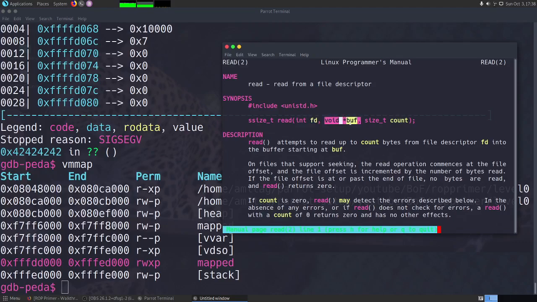The second is the void pointer buffer. This is basically the memory address at which you want to write whatever you have written. This is the place where it will be stored for the program to read it later, and the size of the input that you want to read. Now this is the maximum size that you want to read, and it can be lesser than this. So we don't have to really worry about the exact size of the shellcode, and we can go ahead and give a little more than the size of the shellcode. That should not be a problem for us.